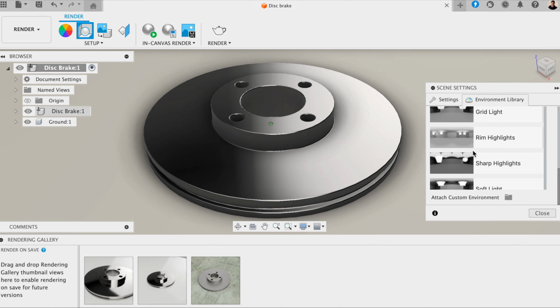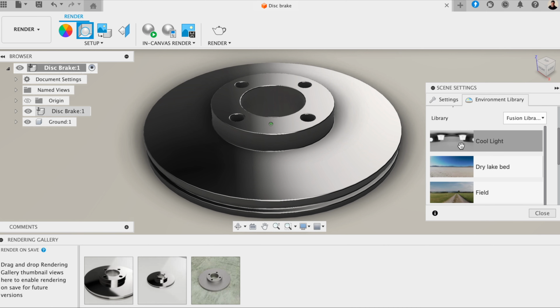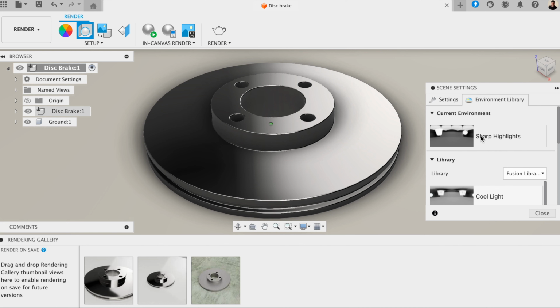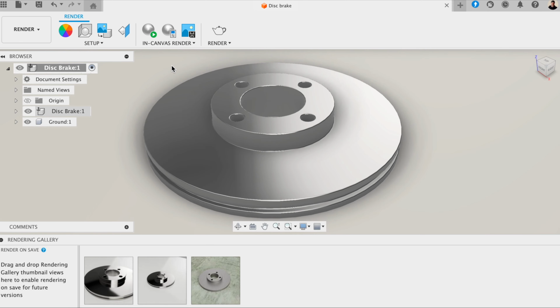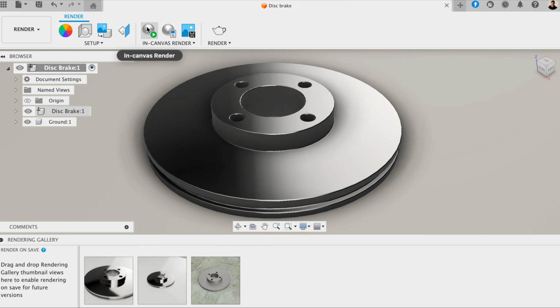And there's also this environment library here where you can drag on pre-built backgrounds, and this will change the lighting setups. This is really useful as well. But we're happy with the current preset in this tutorial, so I'm going to close that. Now, you may be thinking, well, this doesn't really look that realistic at the moment, but this is just a setup. If we click on this preview render, and I click play here,